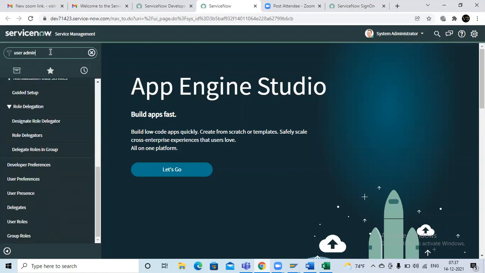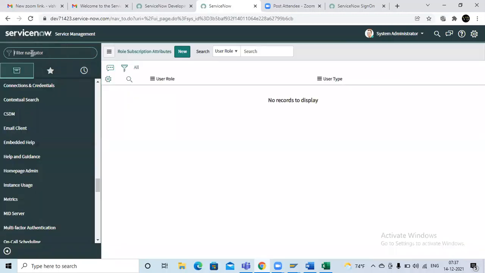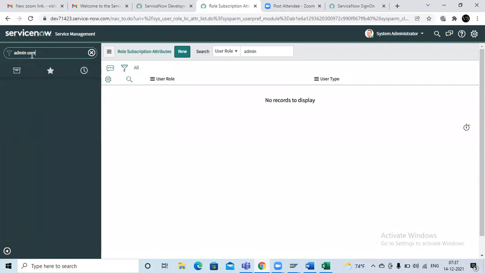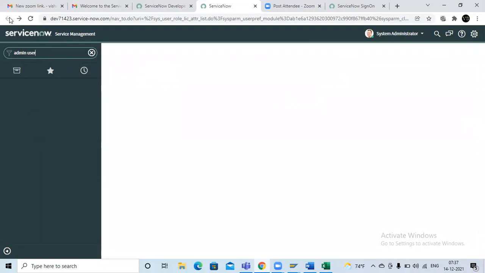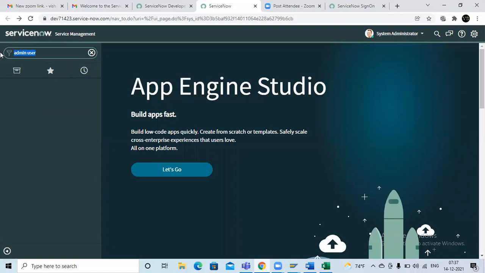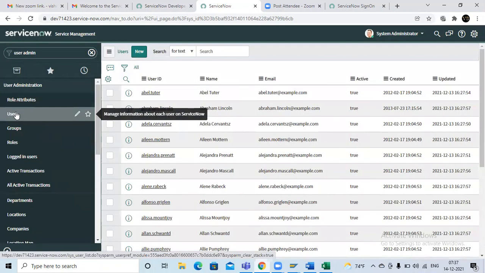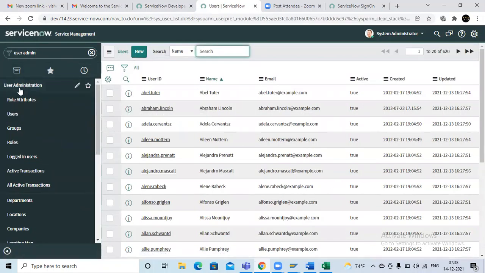admin. Just type user admin here. Automatically you can see user administration.